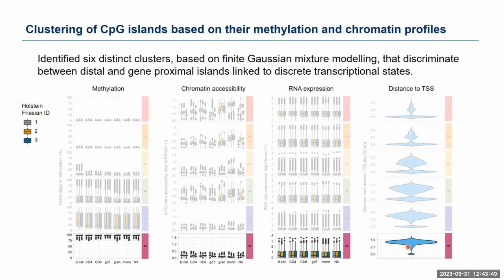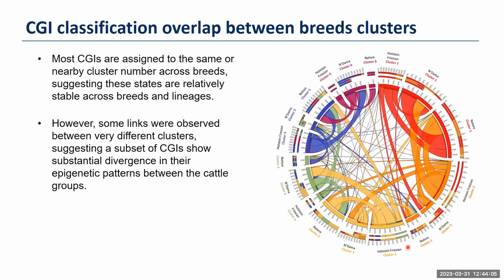And so this demonstrates that the traditional thought of a binary switch doesn't seem to be true, and it's actually much more complicated than that. So that analysis was all done on Holstein Friesians, but I also repeated it for the Endama and the Nelore data. And so this is a circles plot showing the overlap in the classification of the CpG islands between